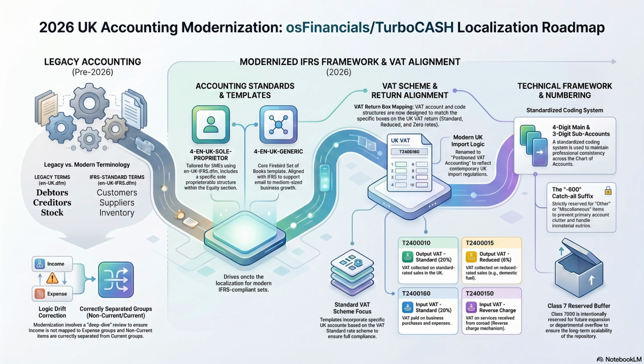And then there's the category that always causes endless confusion for people outside the accounting world. Oh boy. T2400030, which is output VAT 0 rated, where the tax rate is exactly 0%. Yes, the famous zero-rated VAT. When I first looked at this, my immediate thought was, why build database infrastructure to track 0% of something? If the tax is 0, no money is changing hands regarding the tax. Why do you need an entire ledger account dedicated to tracking nothing?